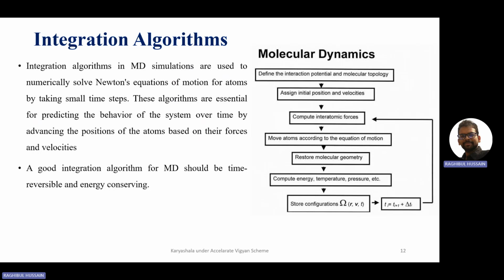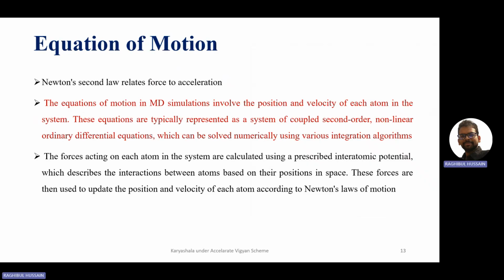Then you have to store these things with respect to the new ensemble, and you have to do it until your end time has reached. So this is a very general thing. Now again, all these are basically programmed in the open source or the licensed packages of MD. So again, first we start with the equation of motion. So again, it's Newton's second law of motion, and